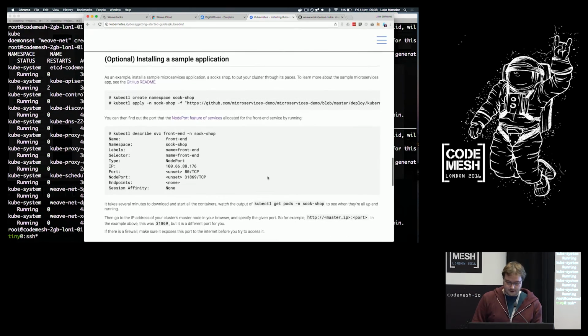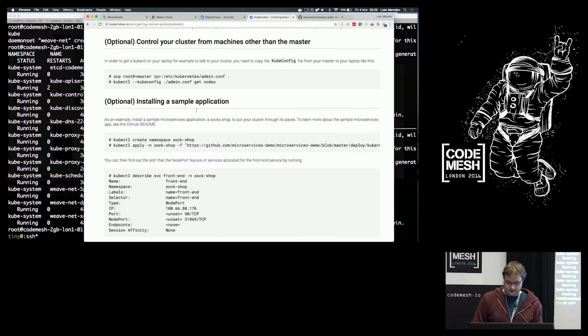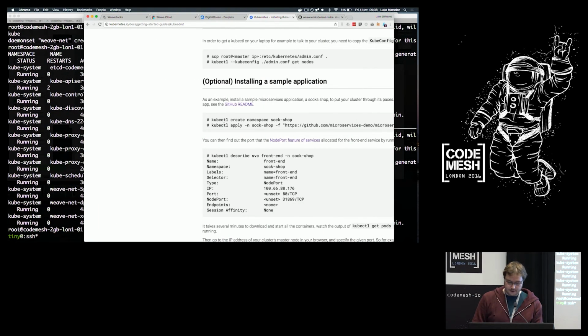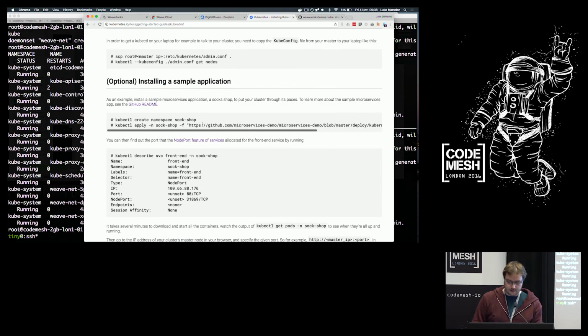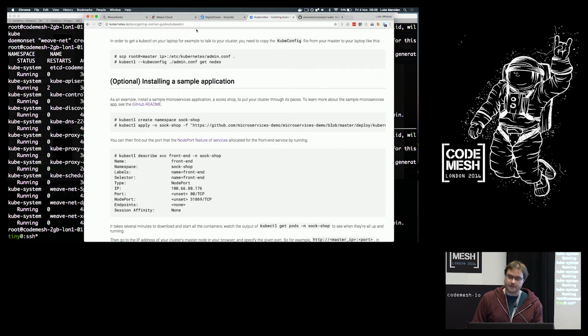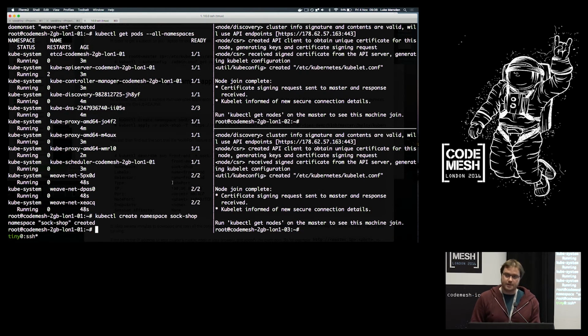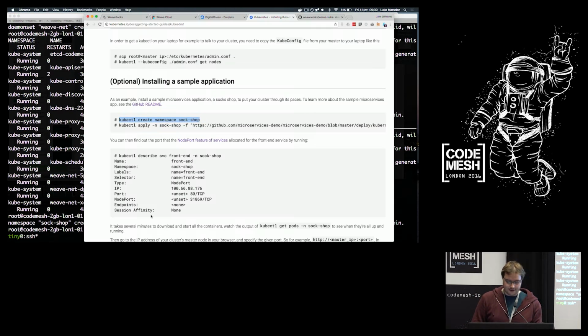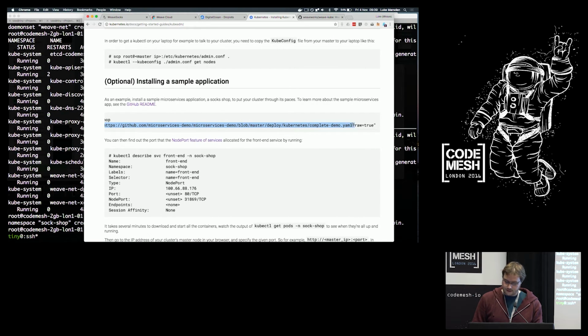So actually, as part of this, we've got some configuration for the Sock Shop in this tutorial. And this is all on the official Kubernetes docs, by the way, so you can try it at home. So I'm going to start by creating a namespace. Namespaces in Kubernetes are like different workspaces. They can be different security contexts, and basically they're like environments in which sets of other API objects exist. And now we can apply to that namespace this manifest file,